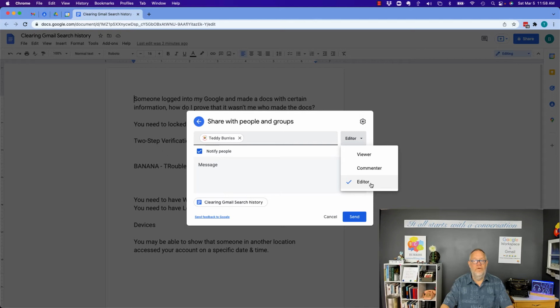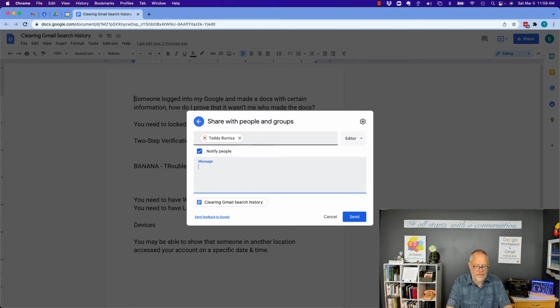Editor, he has the full functionality, access to the document to change it in any way he wants, including share it with others. Commenter, all he can do is highlight specific areas and then add comments on the right hand side. Viewer, all he has access to is the ability to view the document, the sheet, the form, the slide, whatever. Okay, so I can leave Teddy as an editor, and then I can give him a message and say, please edit this,